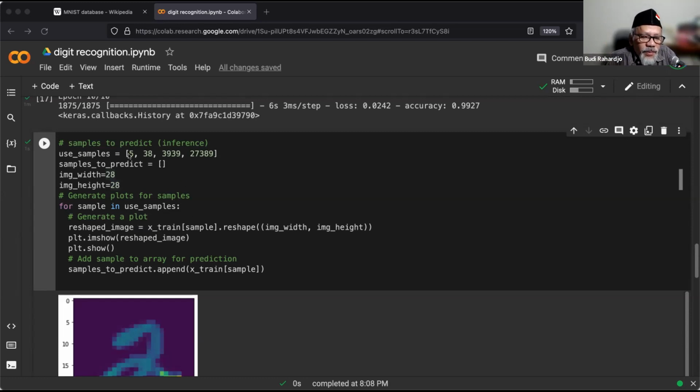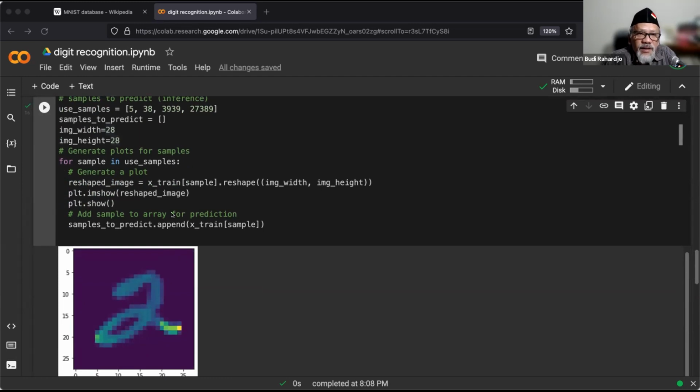We want to use sample number 5, number 38, number 3,939, and sample number 27,389. Now we set up, and we basically do this and then plot it. This is just to show you what it is.